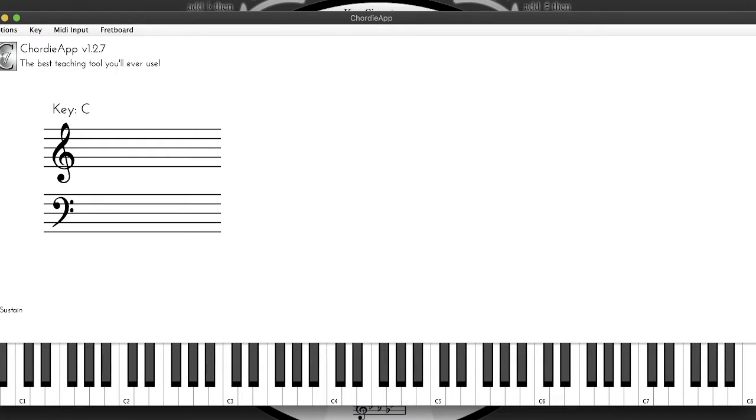Backwards and forwards. So this is a great way to practice this, and then you can apply it